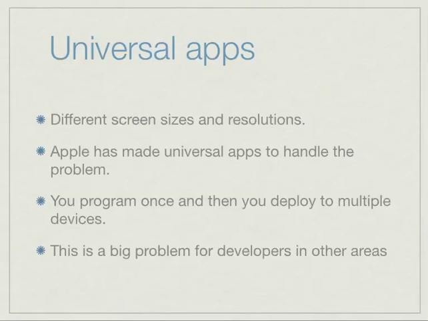And the problem is how do you develop something once and deploy it to all of these different screen sizes and resolution? Because if you think about it, if you make something for a certain screen size, then who's to say it won't work on the bigger or smaller size? So the best part about universal apps is that you can make your program once and deploy it to multiple